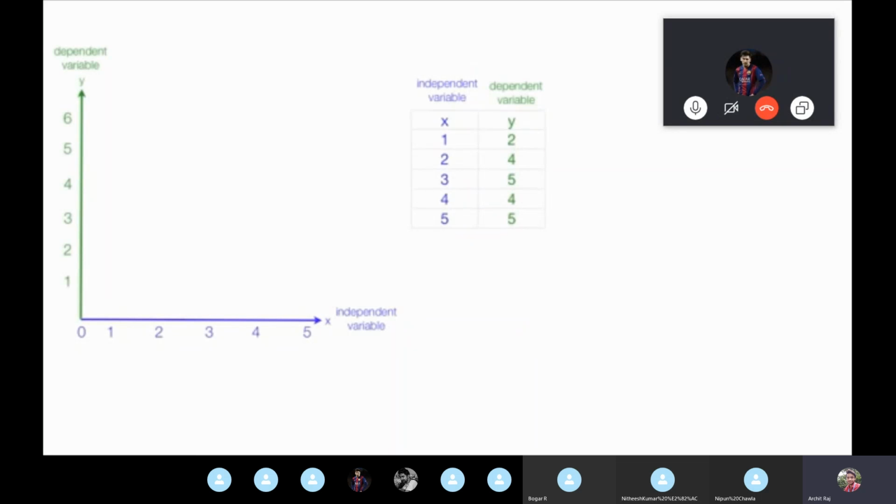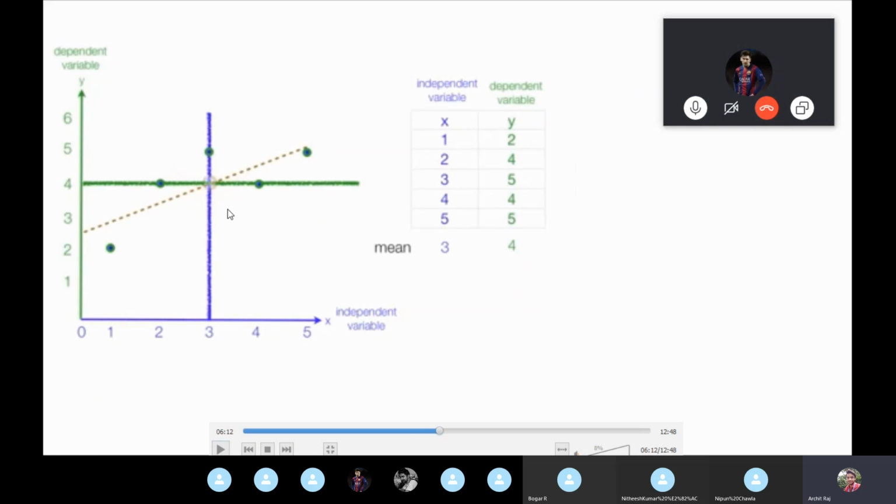Now what we're going to do is plot those points on the graph. For each point, you know the value of x and the value of y. They are the coordinates, so we'll just plot each and every point. For the second point, we'll have 2 and 4 as the coordinates. We'll get the third point, fourth point, fifth point, and all the points. Now we'll find the mean of the independent variable, which is 3, and draw a line on that. We'll find the dependent variable mean, 4, and draw a line on that.